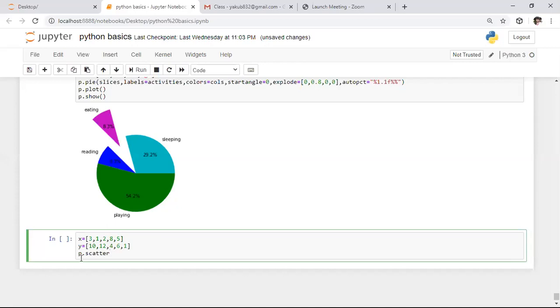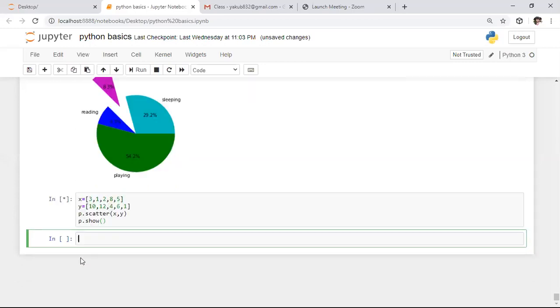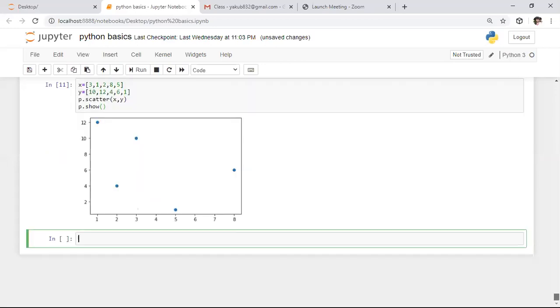In the scatter plot, we need to specify the x-axis as well as the y-axis, and we need to use the show function. So here I'm saying plt.show. Whenever you show the graph, it is a scatter plot output. A scatter plot is nothing but representing different points with circles or symbols. So that is about the scatter plot.